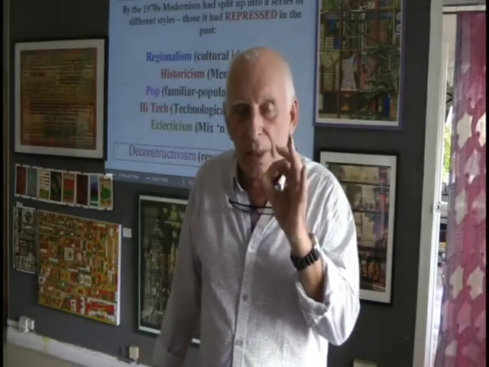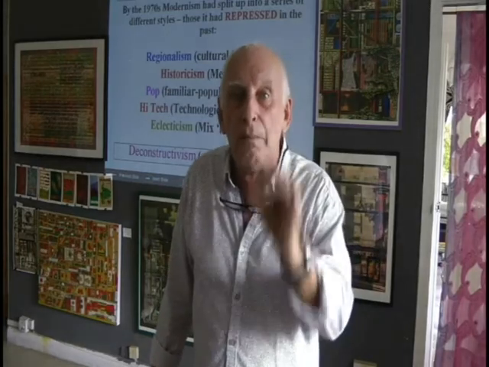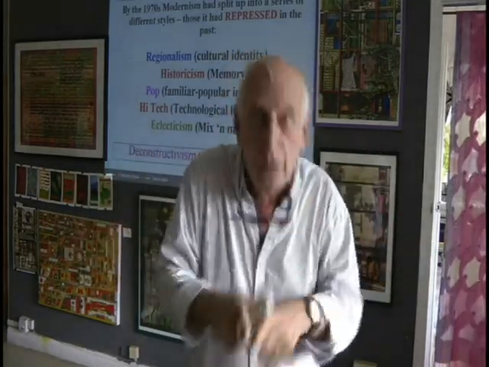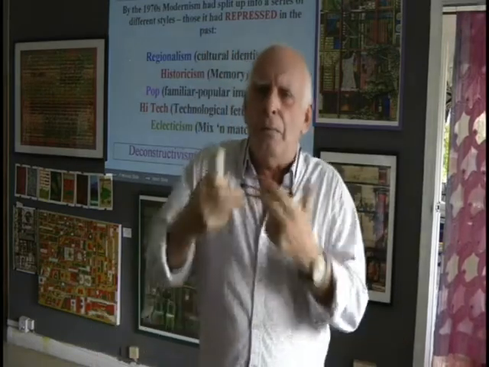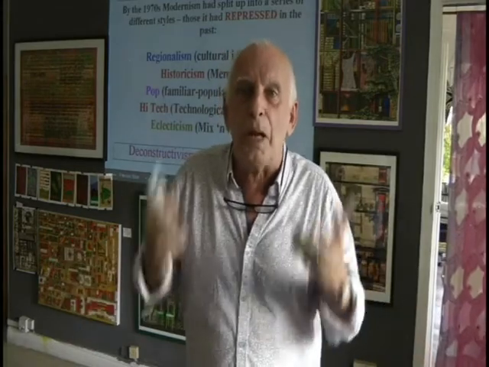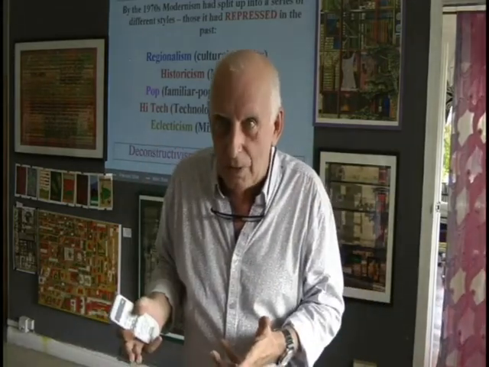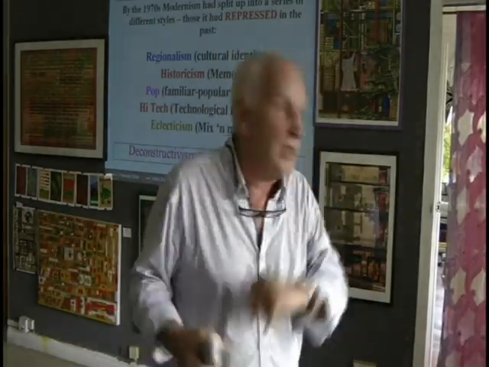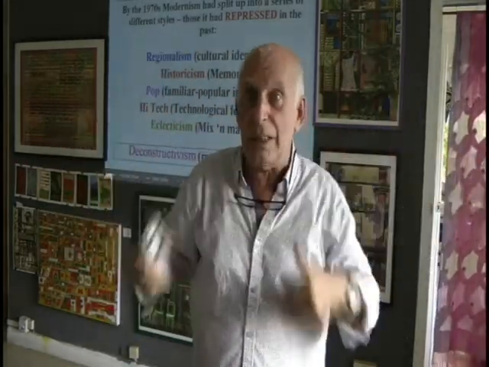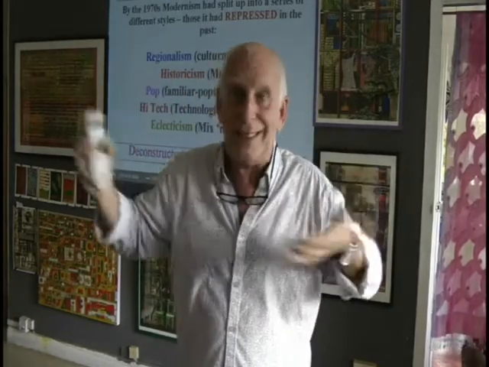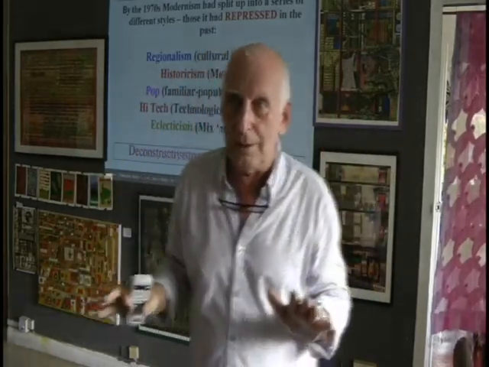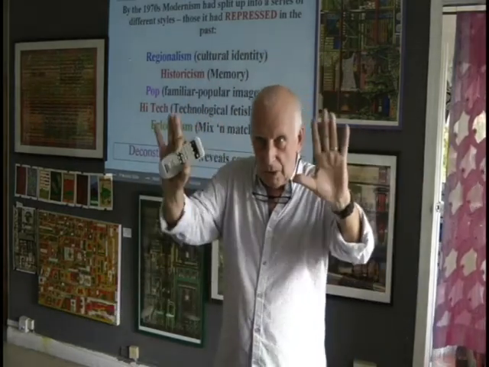Now, let's get it right. When I say a style is a dominant style, I mean that most buildings use the forms of that style. So by the 1970s, a lot of buildings, in fact, were using modernist styling. What does that mean? It means your glass box, your mass housing, the use of the grid, all of that kind of sleek, mechanized kinds of forms. That's what modernism looked like.